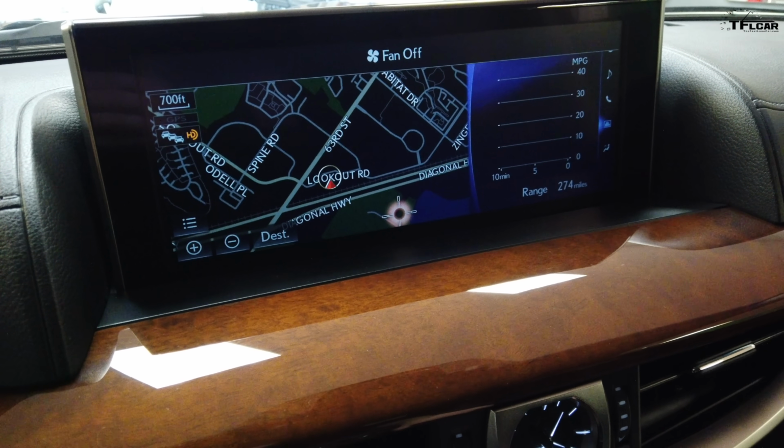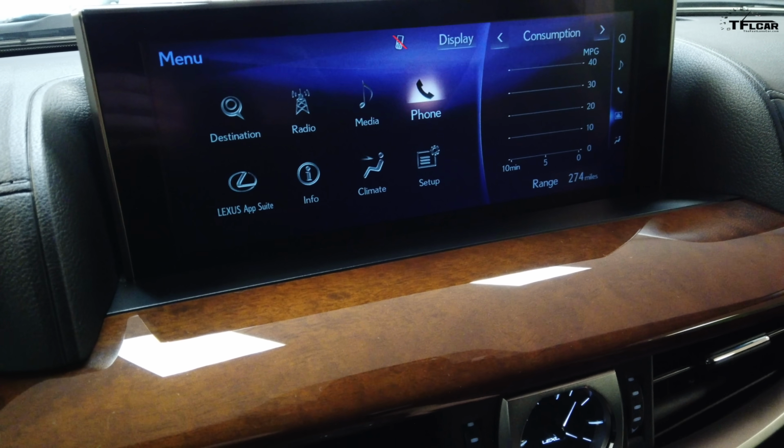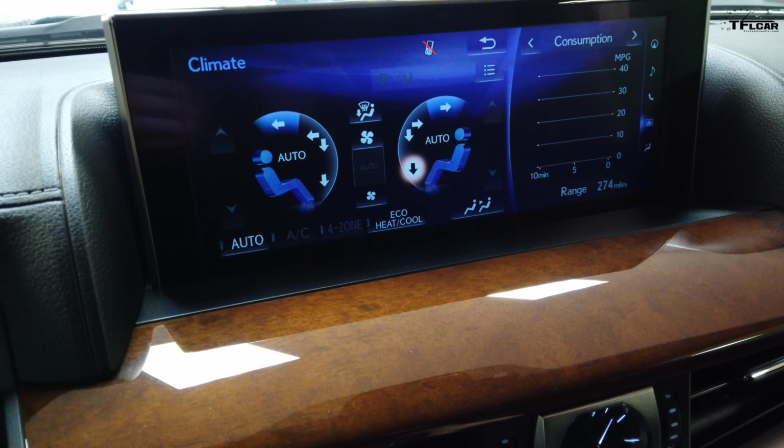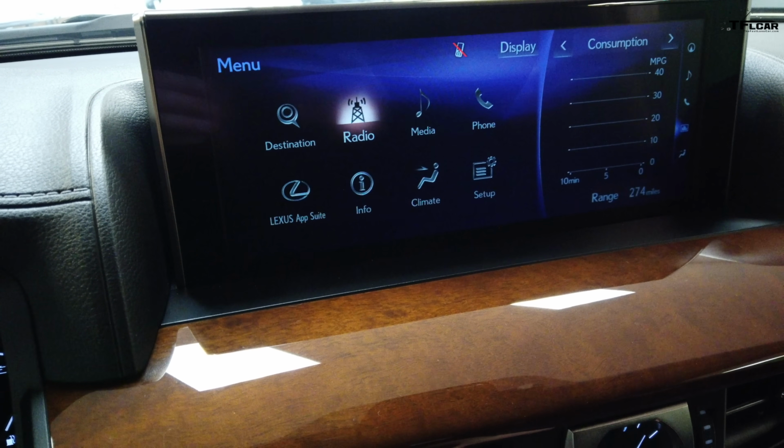And there you'll find your typical stuff, a relatively straightforward to use navigation system that's configurable so you can put it on part of the screen all the time. You also see an integrated climate system with some funky designs and some round bezels, and a fairly standard radio